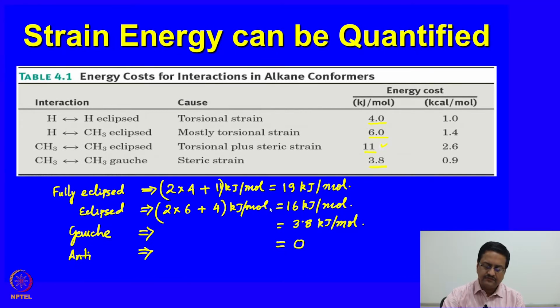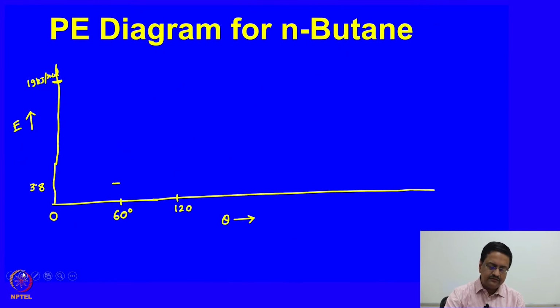So that partially eclipsed conformation has 16 kilojoules per mole. So we draw it at a slightly lower level compared to the previous one. When we go to 180 degree, which is the anti-conformation, that has the lowest energy, so the molecule exists at the lowest energy here. Then you go to 240 degree, you replicate the situation at 120 degree. Then when you go to